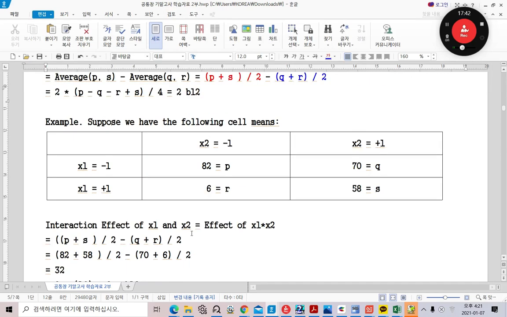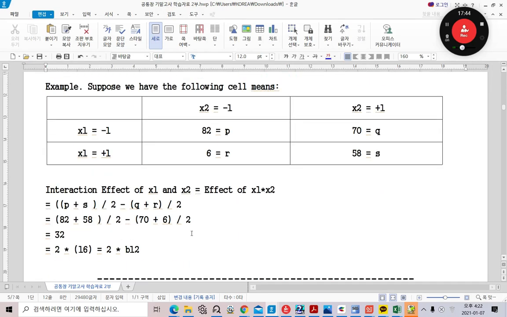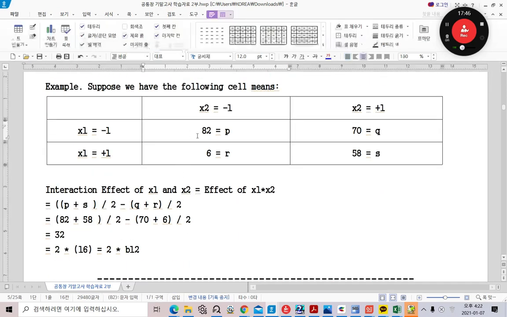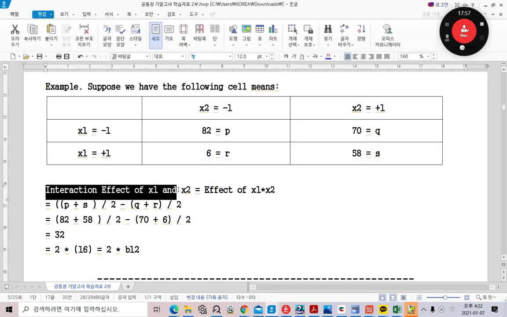Okay, example. Suppose we have the following cell means: 82 for P, 70 for Q, 6 for R, and 58 for S. Now, the interaction effect of x1 times x2, which is the same as, in this case, the effect of x1 times x2, equal to